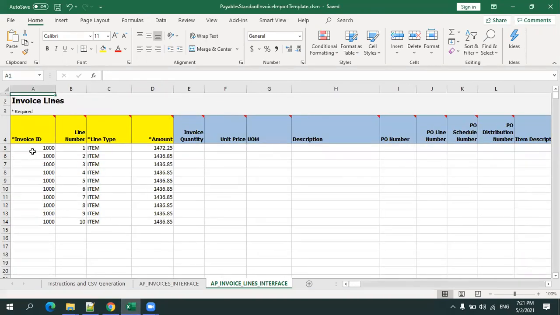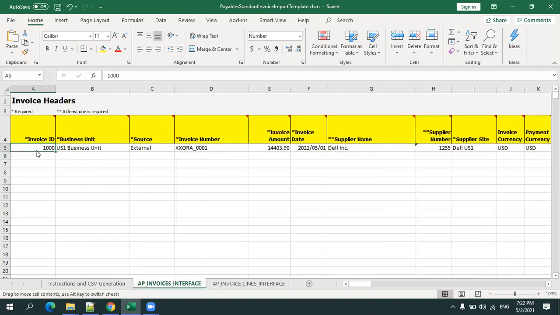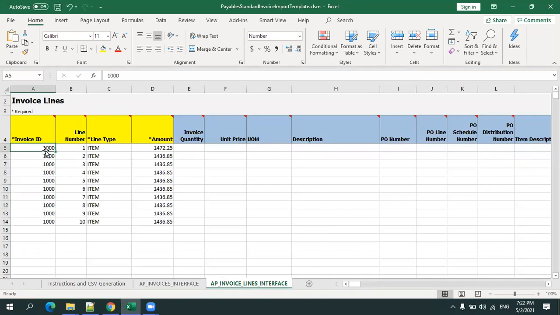Here, if you observe, this is my line sheet. The set of lines for a specific invoice, this key has to match with the header. Let us say I enter my invoice ID as 3000, and the respective line information of this invoice should have 3000 as well. This is just an invoice ID for loading purposes. This is not the actual invoice ID which is available in the AP invoice all table.